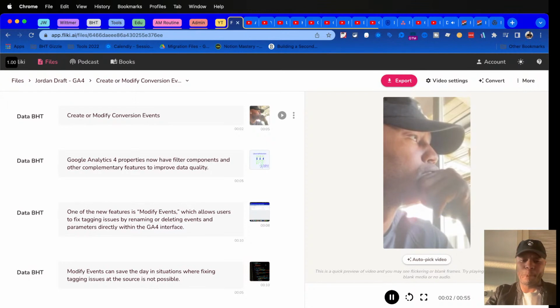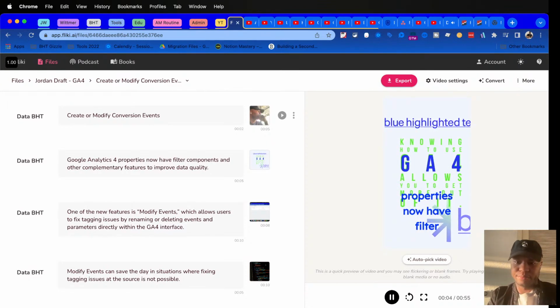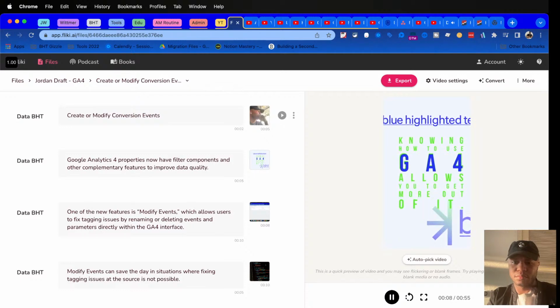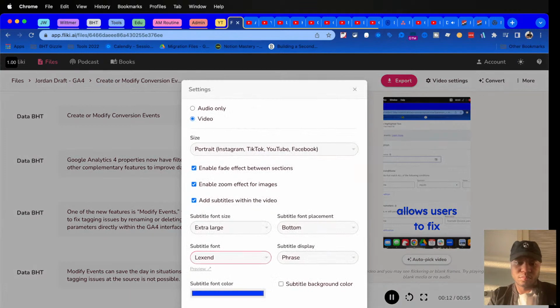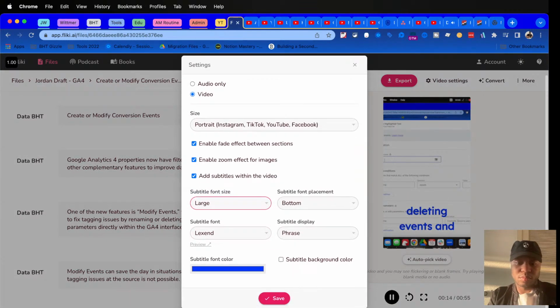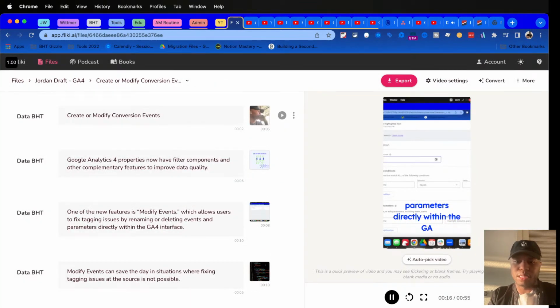conversion events. Google Analytics 4 properties now have filter components and other complementary features to improve data quality. One of the new features is Modify Events, which allows users to fix tagging issues by renaming or deleting events and This is really parameters dope directly within the because GA4. so this is the dopest because this is my actual desktop when I was modifying an event and showing an